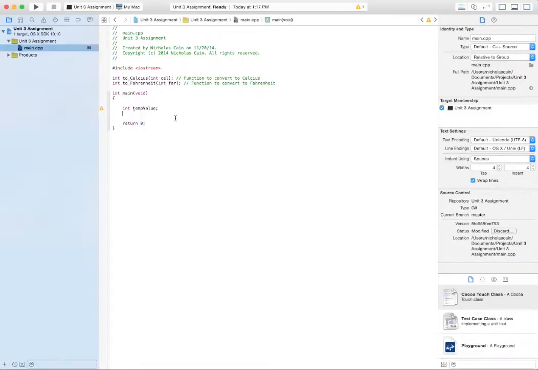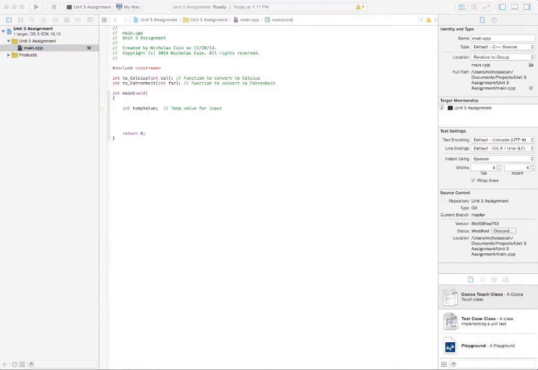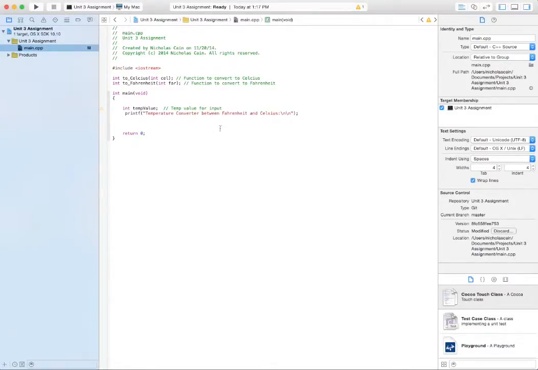So the first thing I'm going to do is ask for a temporary value, and I'll show you what I'm doing with that. And the next thing I'm going to do, and I have this copied over here too, is post the converter, and next I'm going to type in, free form, so bear with me here,